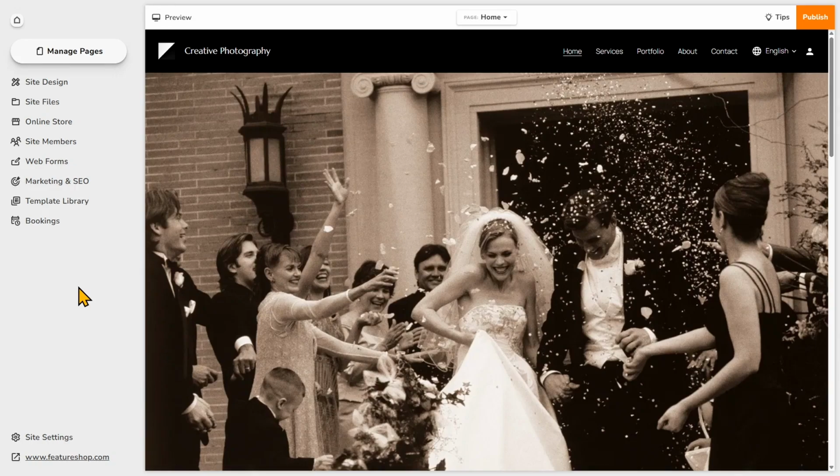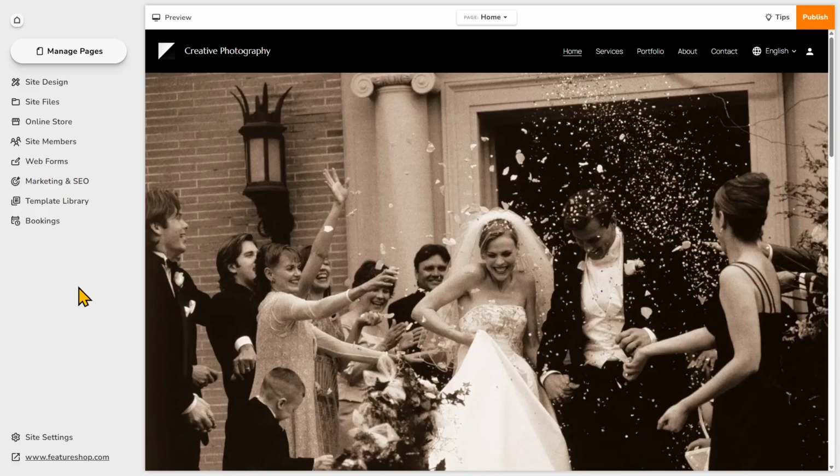Hi everyone! Here's a video tutorial to show you how to add an image slider, also known as a slideshow or a slider gallery, to your website. A slider gallery is a great way to improve user engagement by showcasing multiple visuals in a single space, making your website more modern and exciting. Here's how to add a slider gallery to your website.